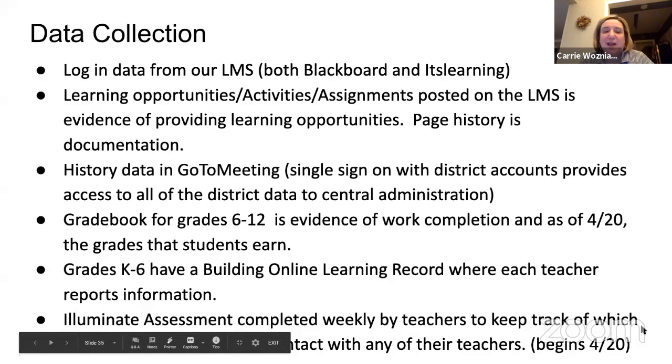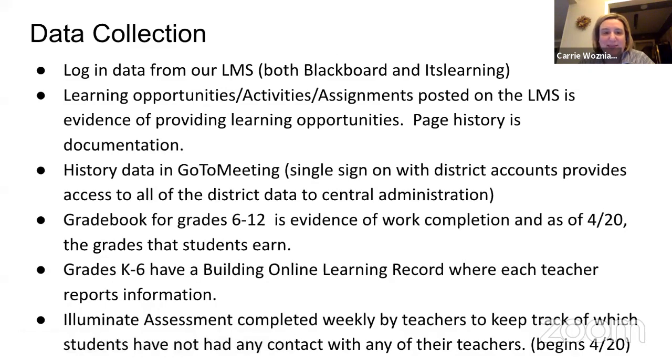And the other piece, and this is probably because of the lens of being a superintendent, is data collection. It's very important to me, as it is, I'm sure, for many of you, to make sure what you're doing is working. So we've put together a list of things that are going to help us make sure kids are being engaged, because you don't have the usual attendance you're taking every day, or seeing the whites of their eyes, as we like to say. So we've created a list of different things we're going to be using.